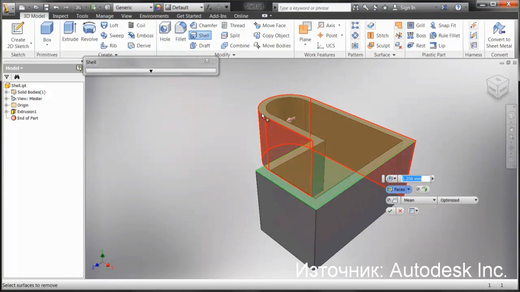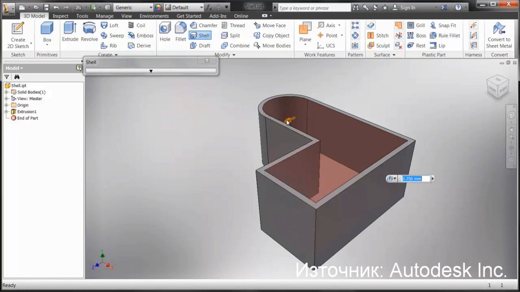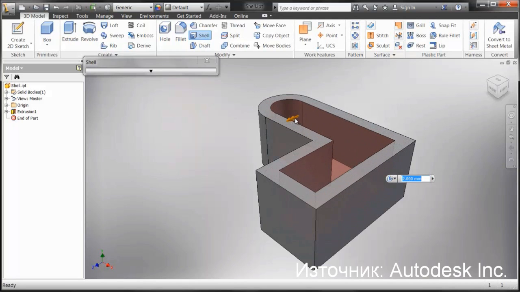Now, you may notice some tessellation occurring in this curve area. If we feel the performance isn't going as fast as it should, we'll start tessellating that area so they still get a preview. Also, if the shell cannot be formed,